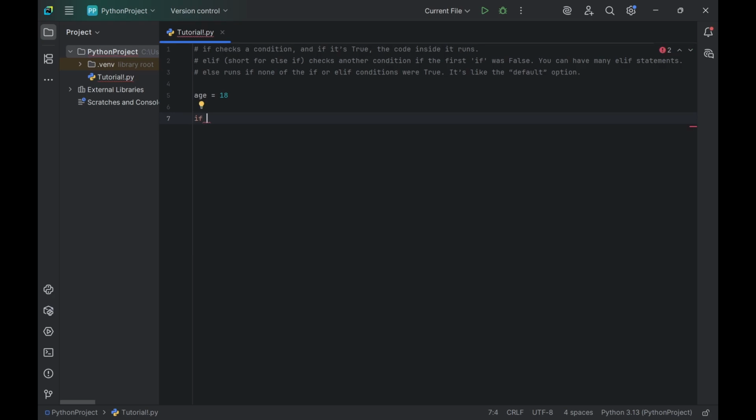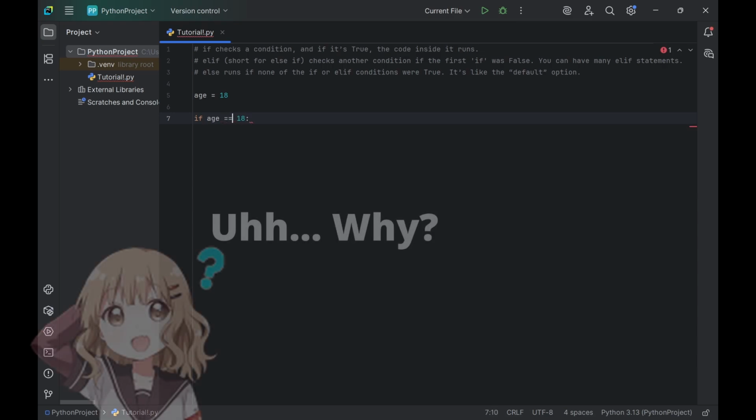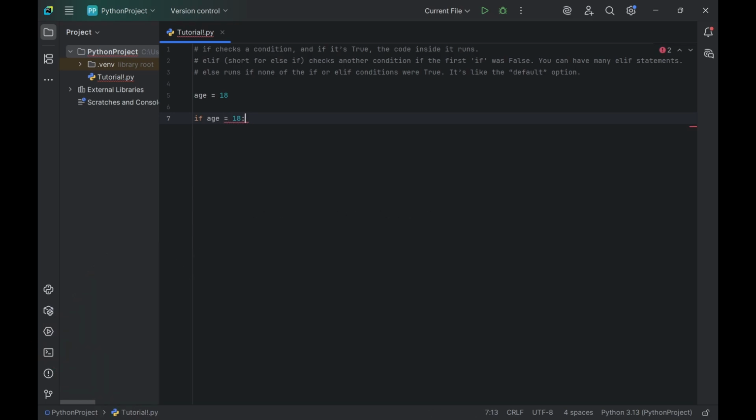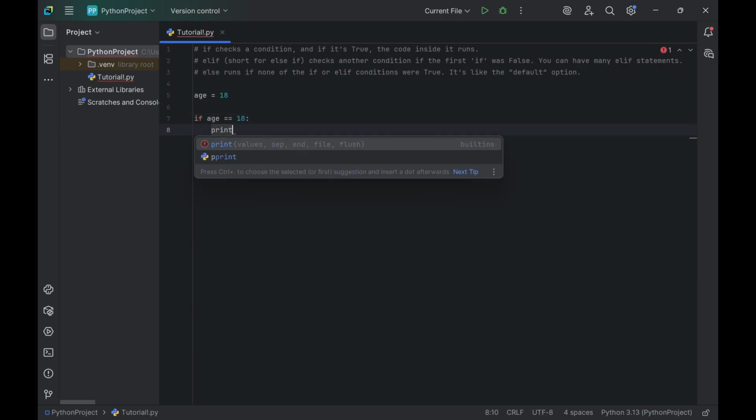If, so you start with if my age is equal to 18, and why is it not 1 equal to? Why is it 2 equal to? Because if it was 1 equal to, it's going to be like I'm setting my age to the number 18 in an if statement, and that doesn't make any sense. So 2 equal to is because my age is equal to 18. Okay, so if my age is equal to 18, print